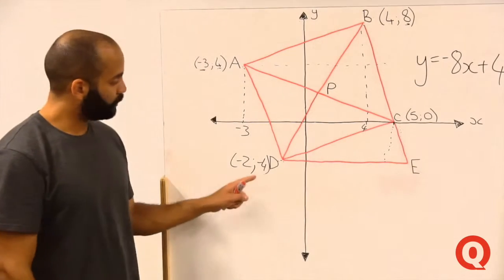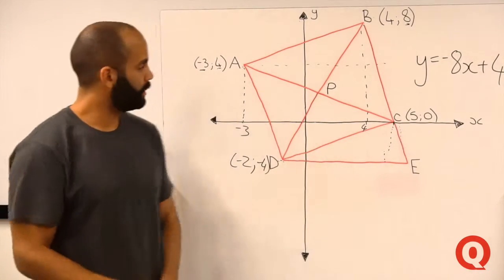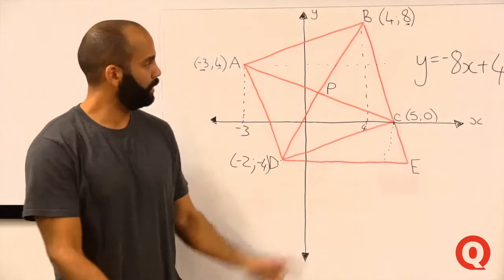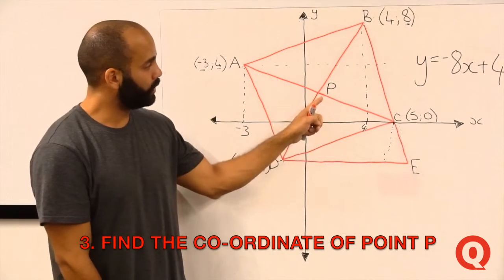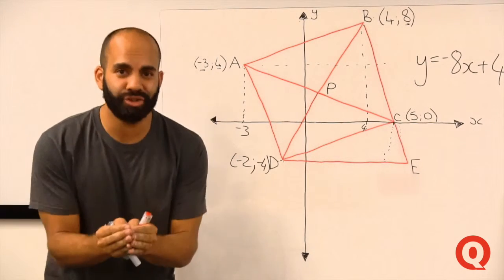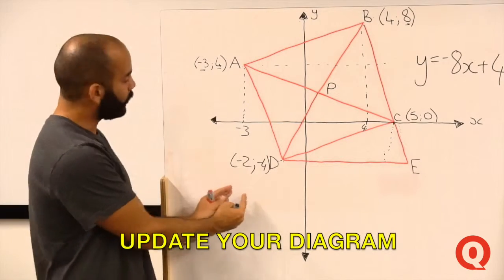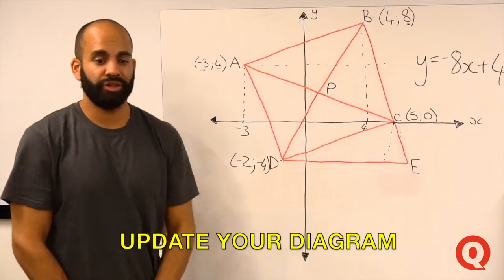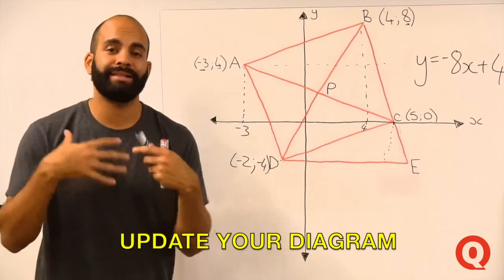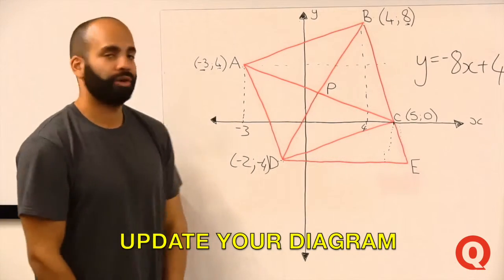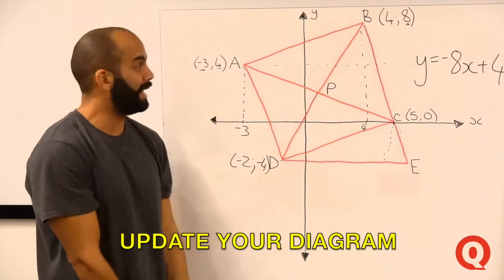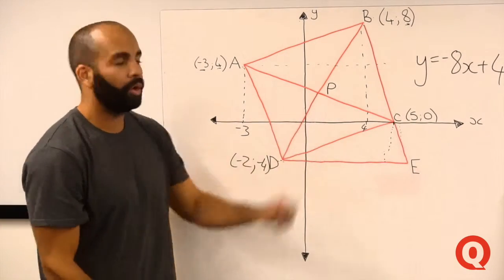So now that we've solved what coordinate D is, the next question that could be posed to you would be finding out what coordinate P is. But before we go any further, what I suggest you do is to update your drawing with this new information, so that as we go step by step and fill in more coordinates, you'll understand it so much better. So go ahead, I'll give you a bit of time, update the drawing, and then we will do what point